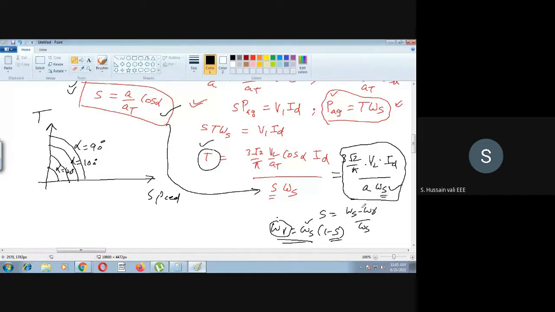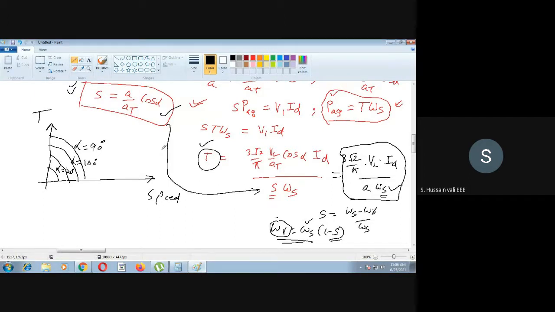Okay, this you can find out by substituting s here. So first you substitute omega s here. So omega s is equal to omega r by 1 minus s. So your 1 minus s will go in the numerator. Then in the s place you substitute a by AT cos alpha. Now you go on changing the value of alpha, you will get this graph. But one thing is that both are inversely related, so you get this graph, and this is about this. Okay. So now one thing I will tell you now.